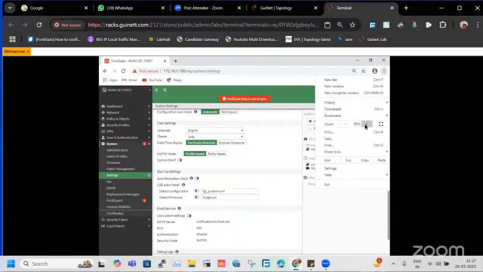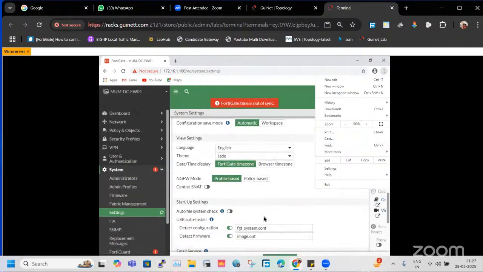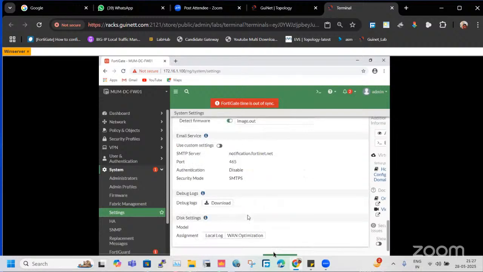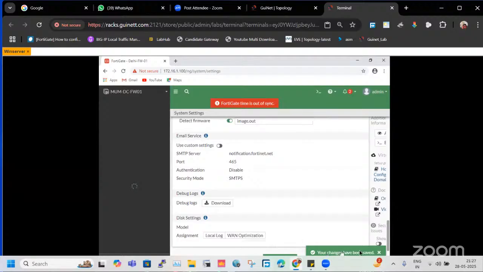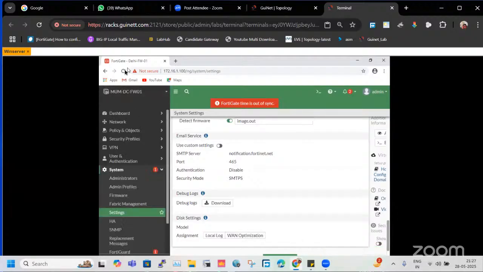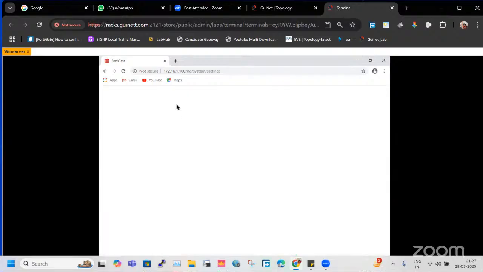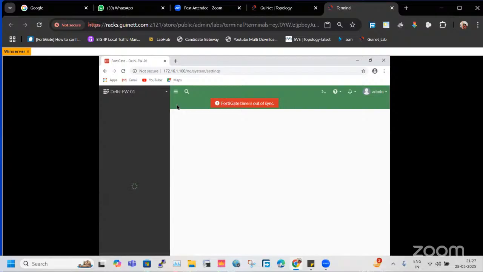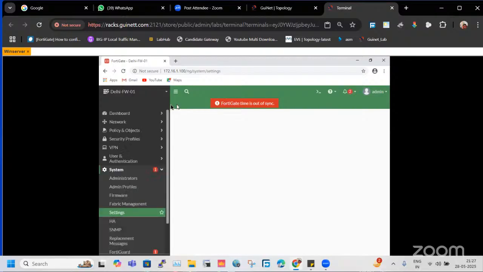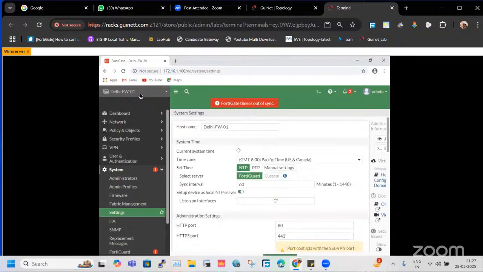In the last, after configuring all these things, now at the last you will get an option for clicking OK. This is the OK button, right? This green button. Okay. So once you click it, then the configuration will be pushed to the firewall, right? And once I reload this, then it will show you the new name, right? See guys, it is showing us the new name, that is Delhi Firewall 1 that we have just configured through